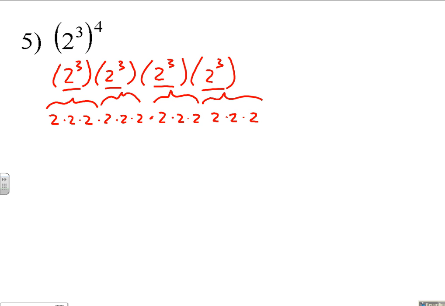Just to get a visual. Again, I wouldn't want to have to do that all the time, but it gives us a pretty nice visual of what's going on here. I have 4 groups